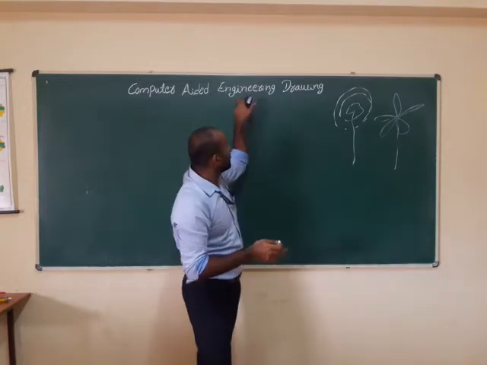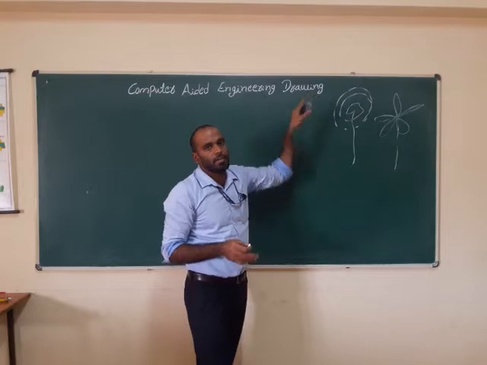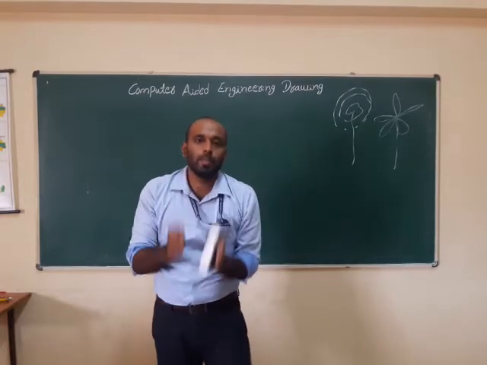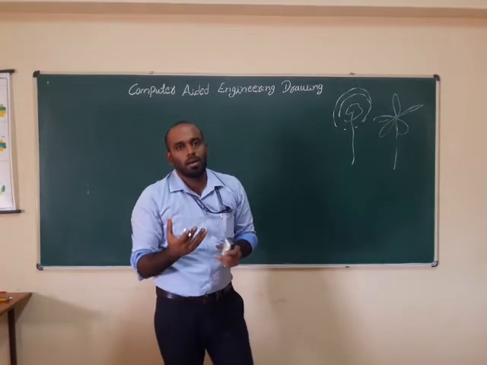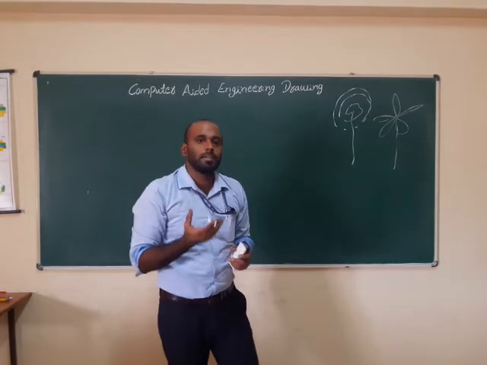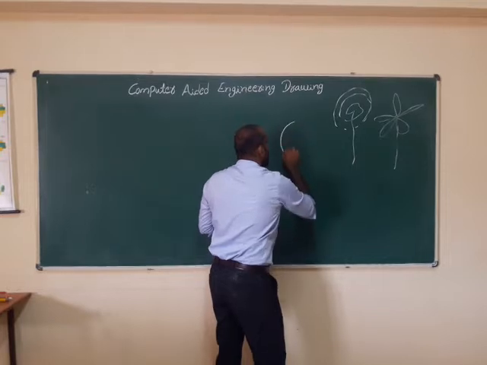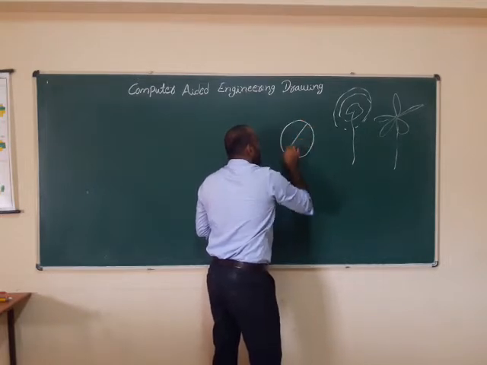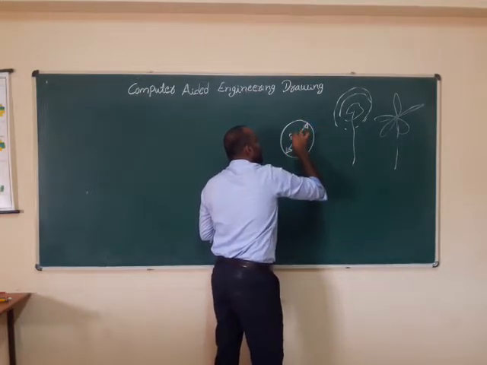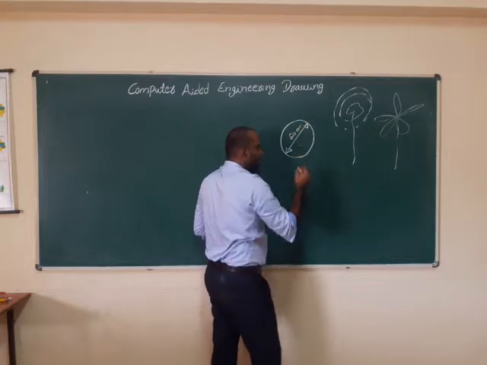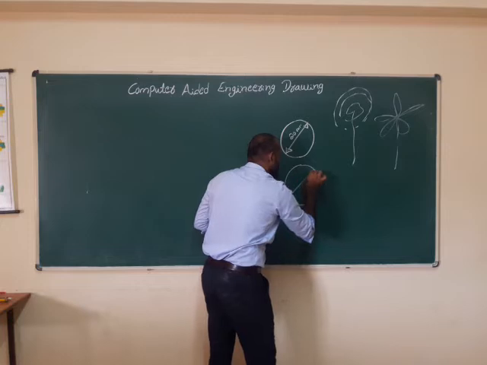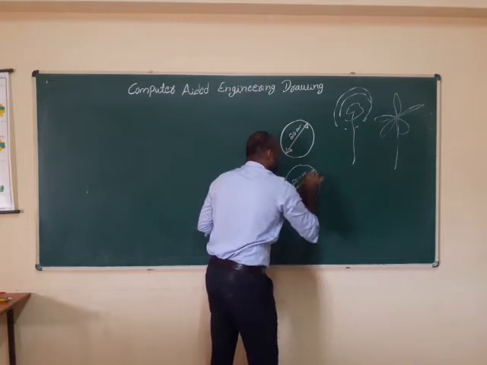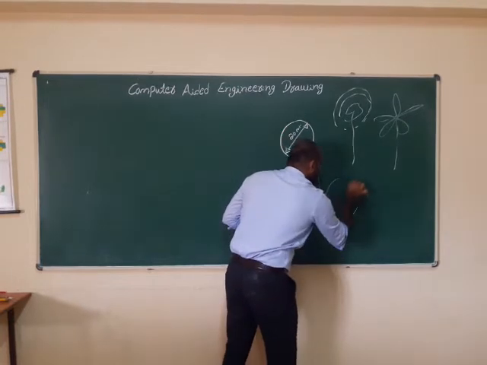But I want engineering drawing. Engineering drawing means you have to write as per dimension. For example, I will take a ball as an object. The ball diameter is 20 mm. This is a ball, and the ball diameter is 20 mm. Someone writes the 20 mm diameter of the ball, the same diameter, the same sketch.